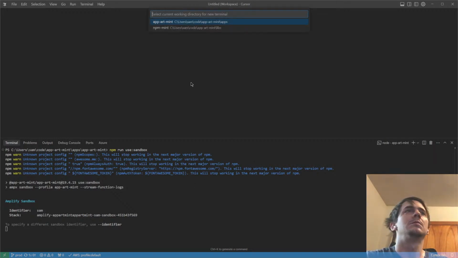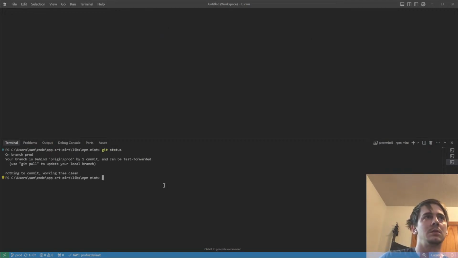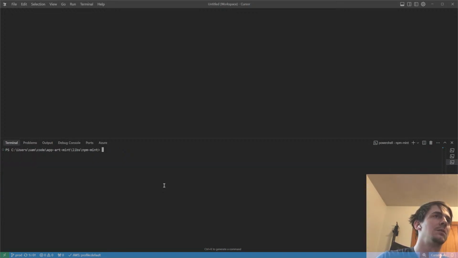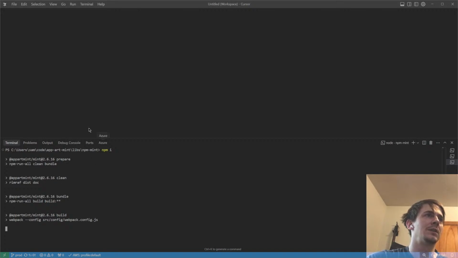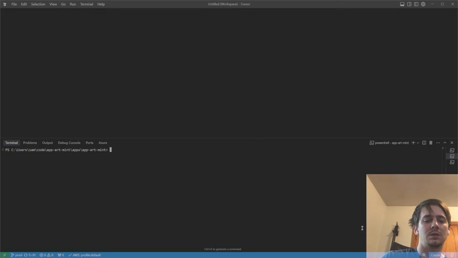Let's make another terminal. Actually, we're gonna make two more. Let's also add npm mint. I'm going to pull this. npm i. Really, I just wanted to run the prepare, because I'm pretty sure it already had everything installed, and that's just gonna build everything. And then this guy is gonna do npm i dot